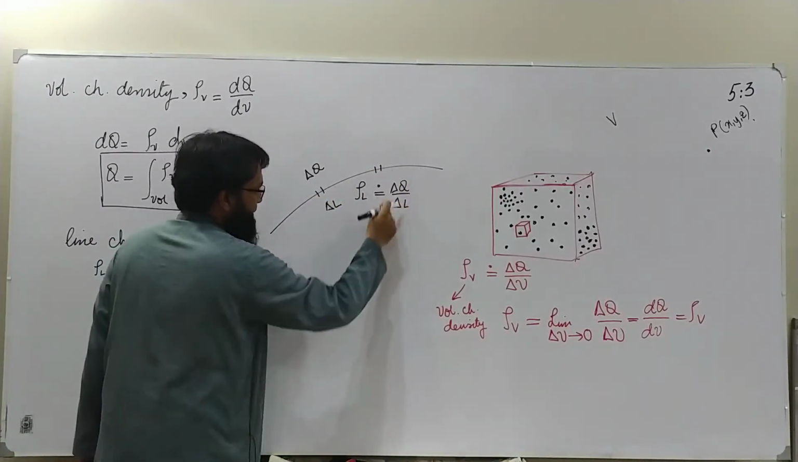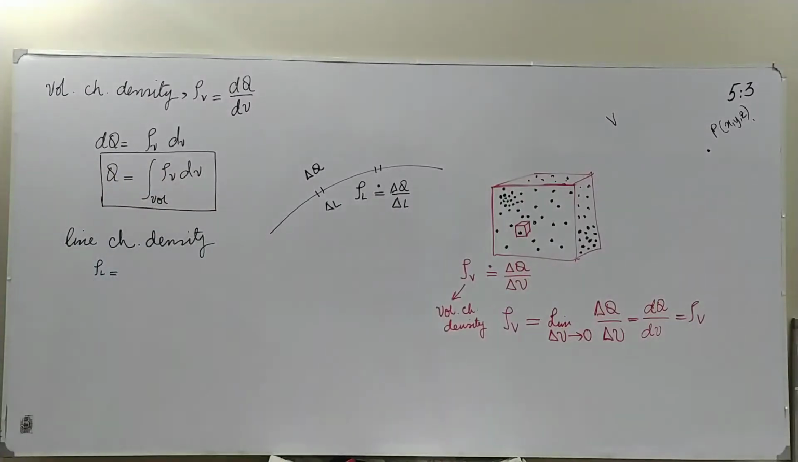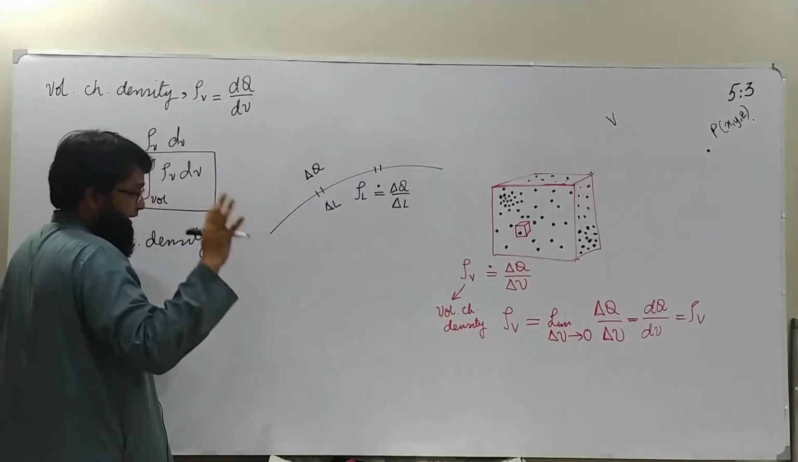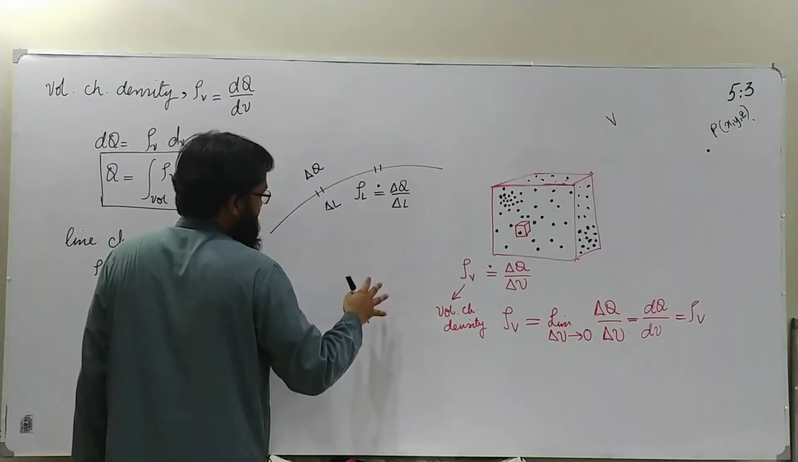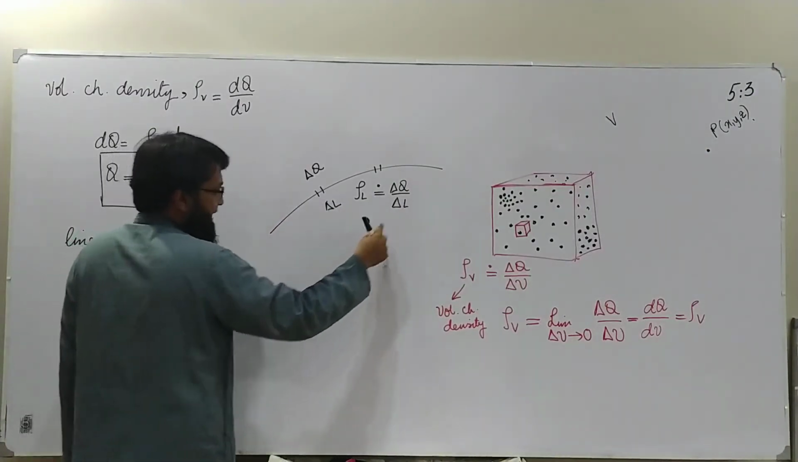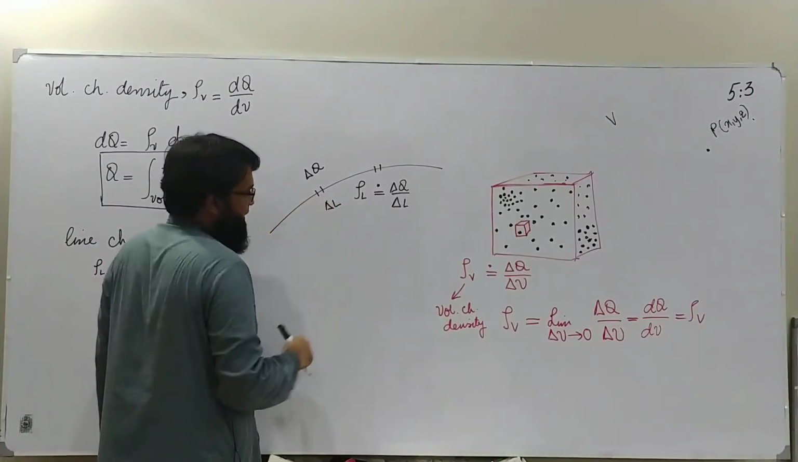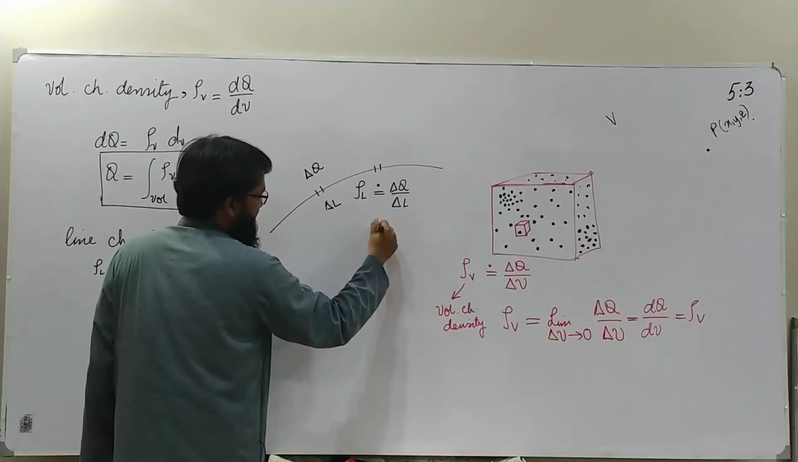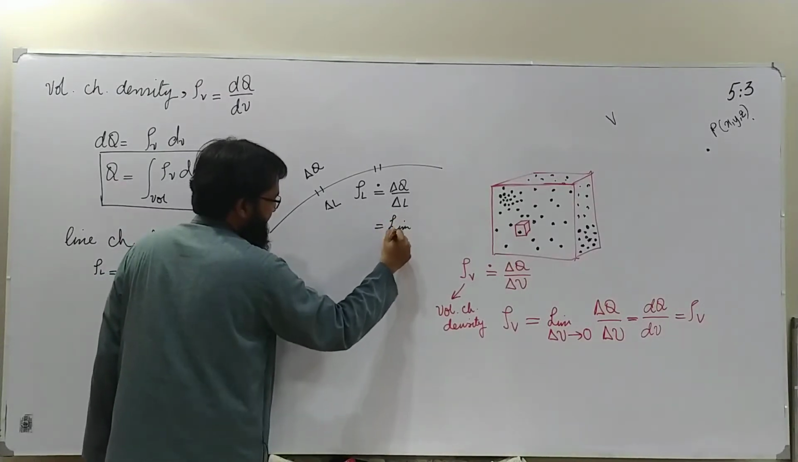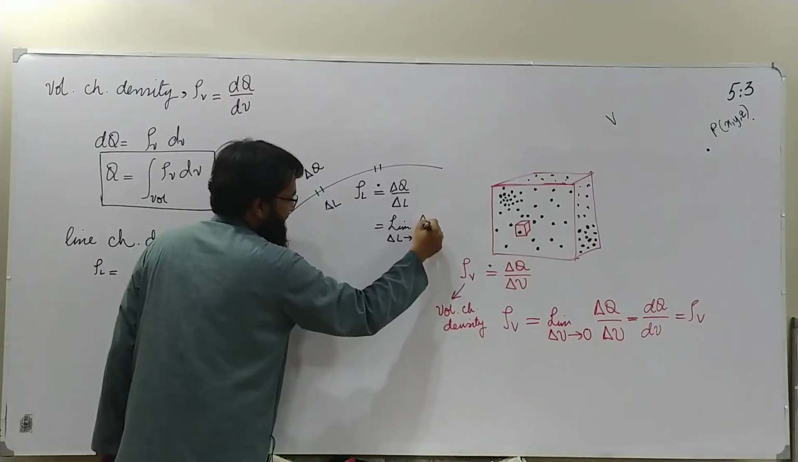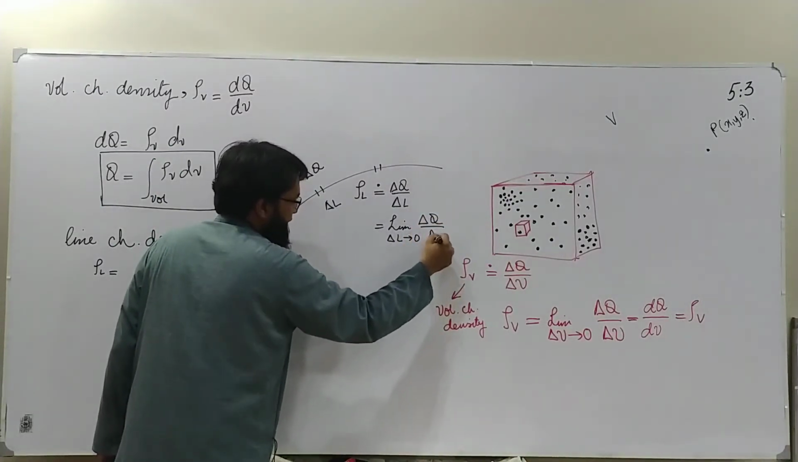So we end up with a fuzzy type of entity which is indeterminate. Here it will give a different density, and here it will give a different density. To be determinate, to be sure that each incremental length occupies only one point charge, we'll have to apply a limit that the incremental length is so small that it is approaching 0. In that case, this ratio